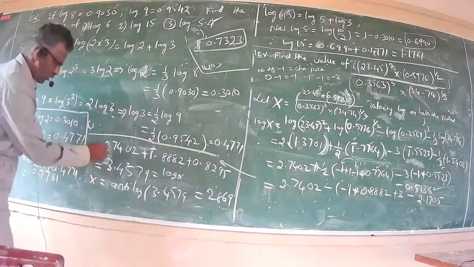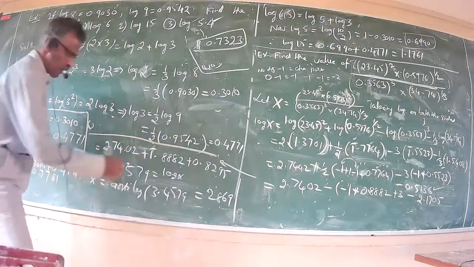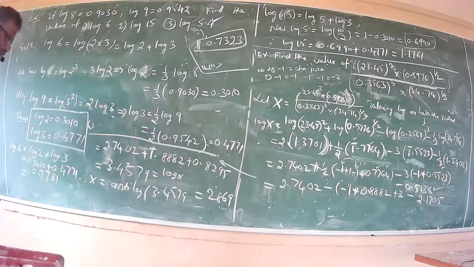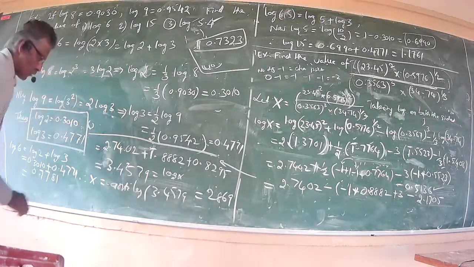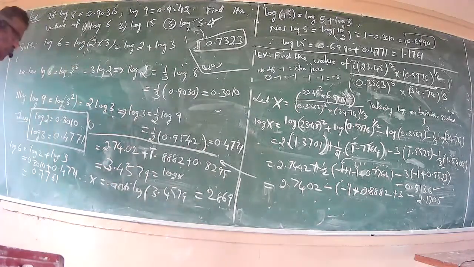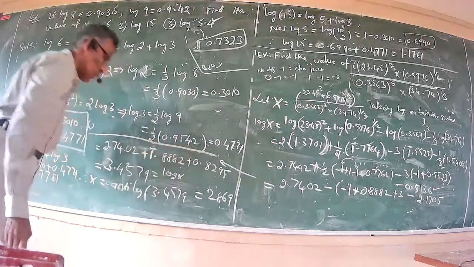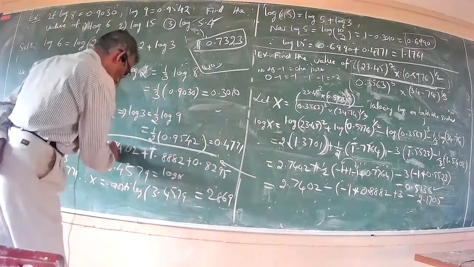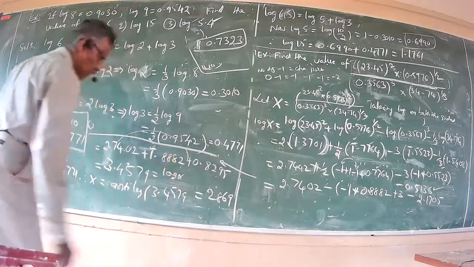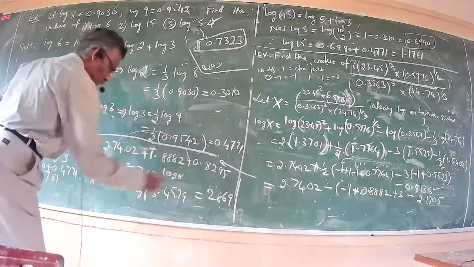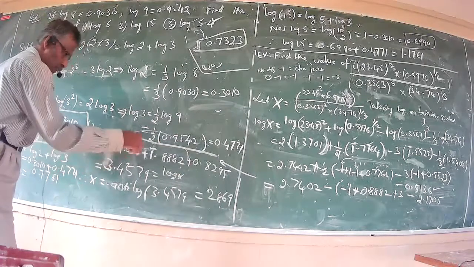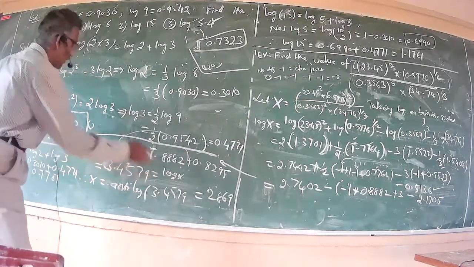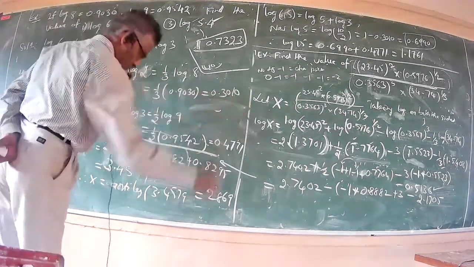Next is 2.7402 plus bar 1 0.8882, adding, so 0.8295, equal to simple addition. So 3.4579 by simply adding this. Here you have to add these two and subtract this from the figure. From the result you subtract this number, you get 3.4579, and this is equal to log x, because we have started from log x.